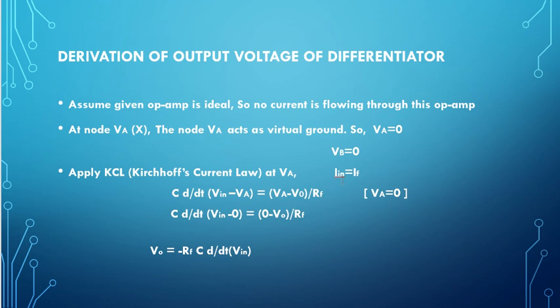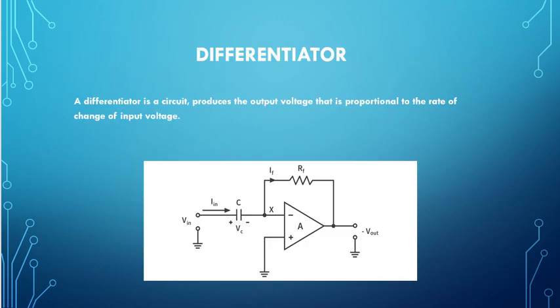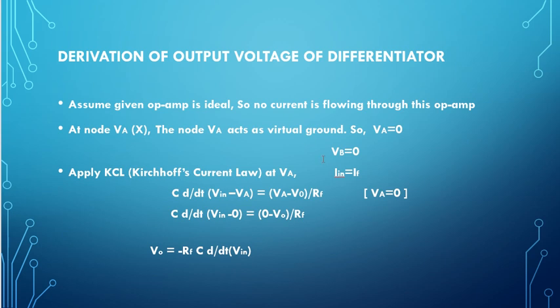We have the formula that for current, I is equal to C into d by dt into V. So in terms of the capacitor we have I equal to C d by dt of voltage. In this branch the voltage is V in minus VA. So we have current I in equal to C d by dt of (V in minus VA). That is the input current. Input current I in equal to C d by dt of (V in minus VA) is equal to IF,